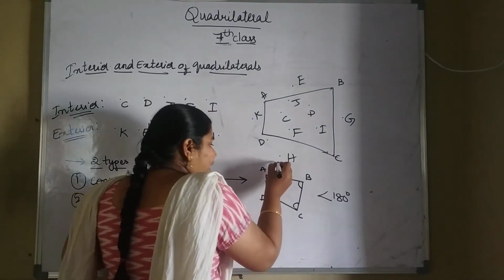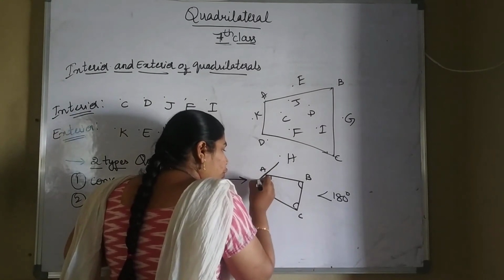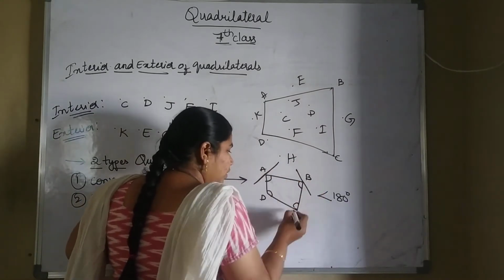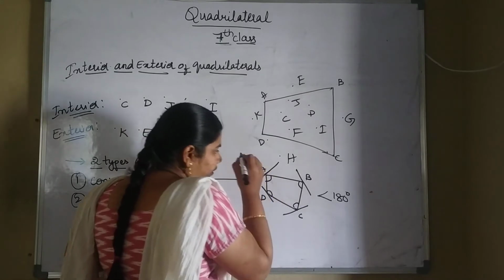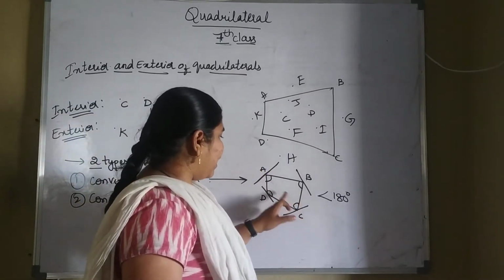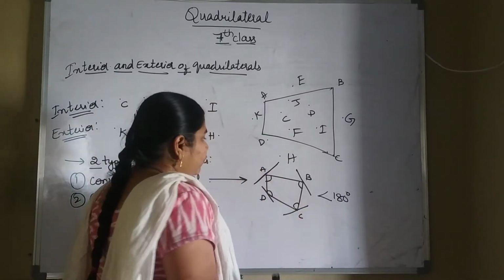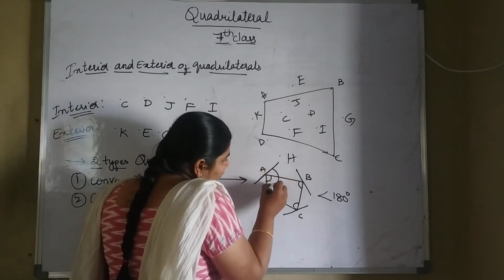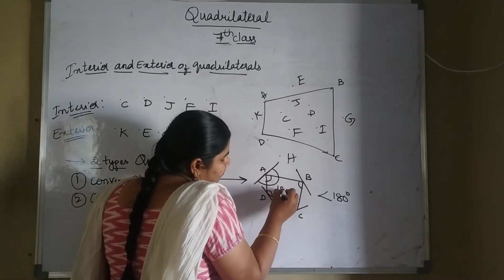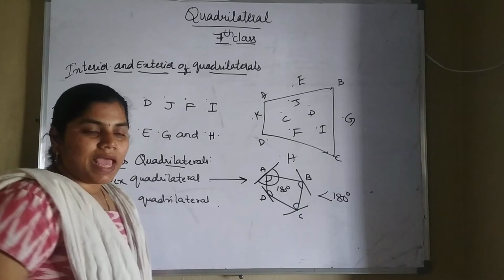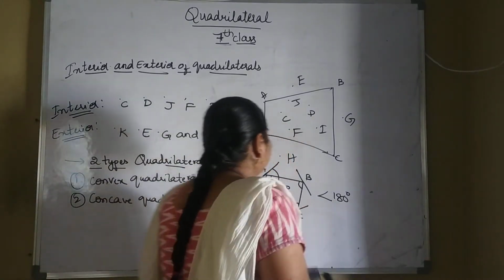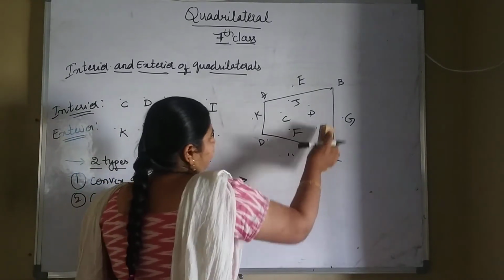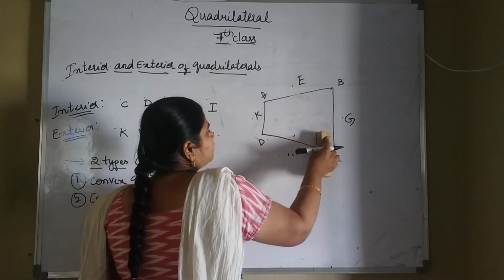Okay, so if you take this line and draw one line here, here, here and here. So these are the interior angles. If you take this, the whole angle will be equal to 180. Is it right? The whole angle will be equal to 180. I will draw it somewhat bigger here. So I am taking this figure only.